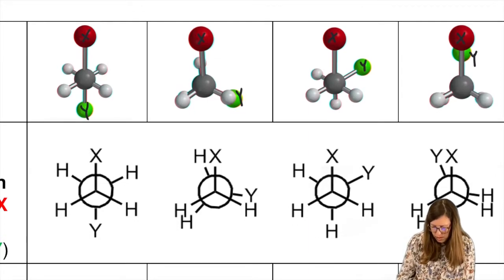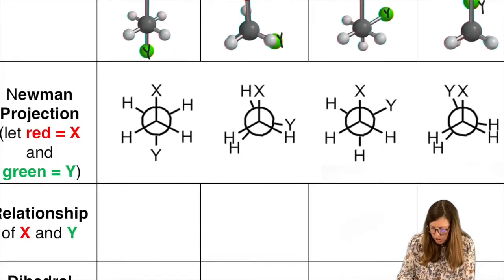So notice you have opposite, then it's working its way toward it, eclipsed, then rotate another 60 degrees, it's toward it, rotate another 60 degrees, then it's here. If we were to continue rotating 60 degrees counterclockwise, we'd end up with the green sphere here, which energetically would be the same as this one, right? We'll see why soon.